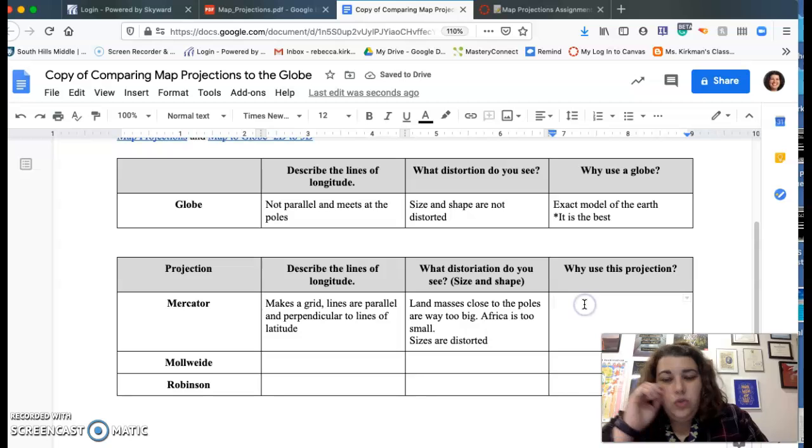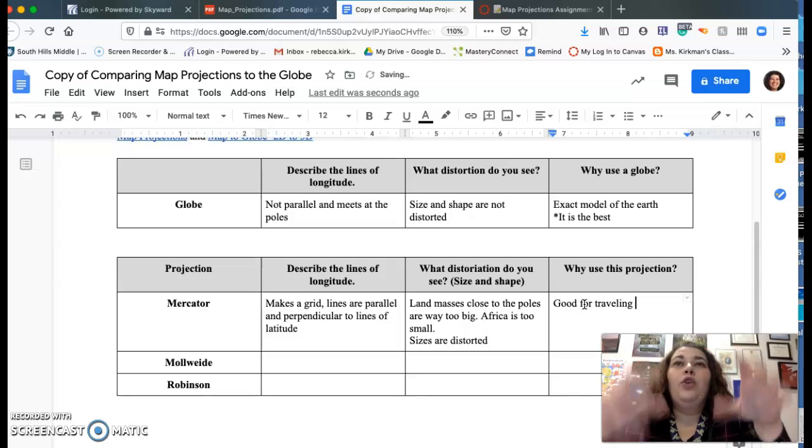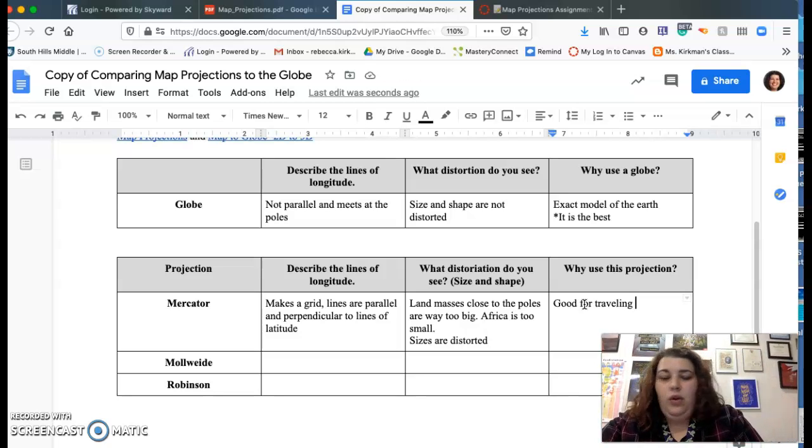Okay, why would you use this projection? We talked about this in class, and we also talked about it in the video, that they really use the Mercator map a lot for traveling and for exploring and oceanography. It's good for traveling, especially Google Maps, they use it because it keeps the same right angles when you zoom in close. So good for traveling and navigating